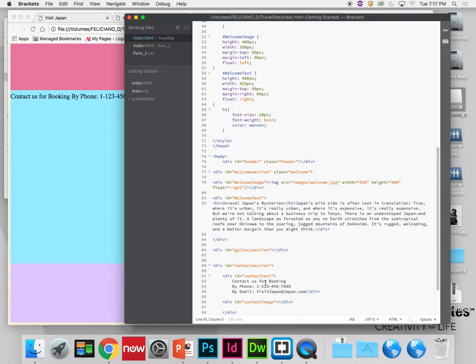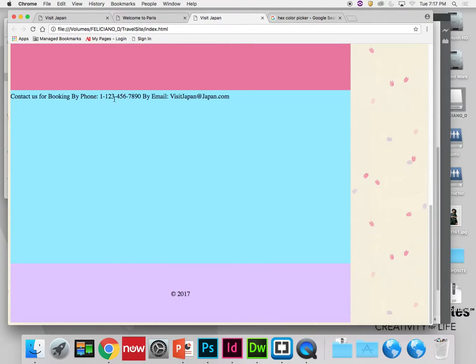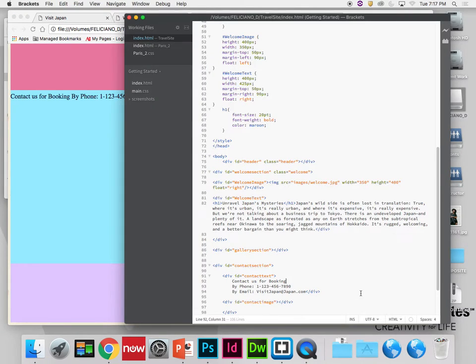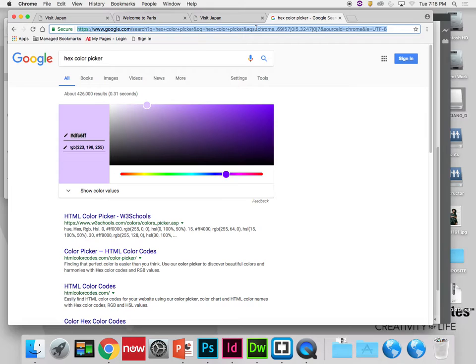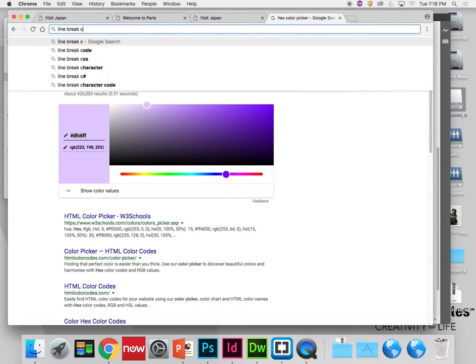And you might go, hey, I hit enter here and moved it to a new line. Why doesn't it show like that? It's because you have to tell it to have a line break. I believe I can do that by just typing caret slash br. I think that used to be the code for it, but that might not be the line break code anymore. So we'll say line break